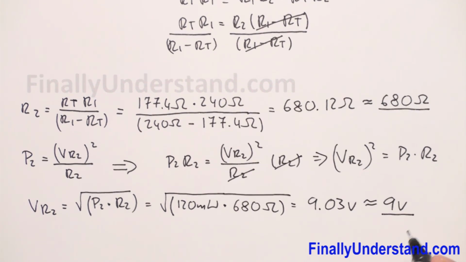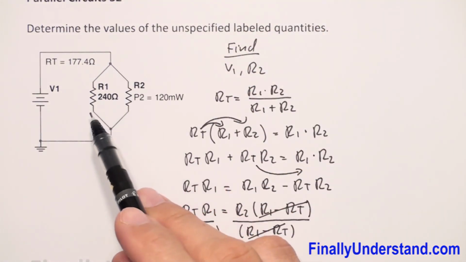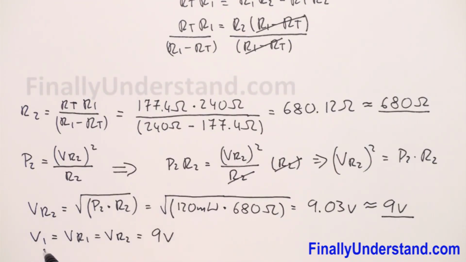So my voltage source, my V1, is equal to VR1. This is also equal to VR2. This is equal 9 volts. Keep in mind that in a parallel circuit, the voltages across each component are the same. That's why I wrote that V1 is equal VR1 is equal VR2 is equal 9 volts. We found the voltage source and we found R2, so we can say that the problem is